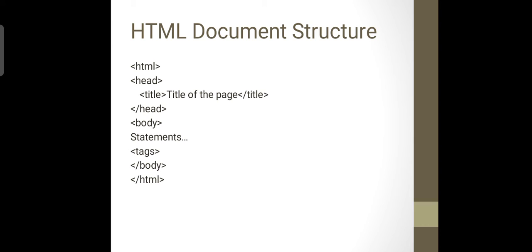So next, this is the basic structure of HTML. It means the HTML tags. An HTML page always starts with the HTML tag. Then next, opening the head section. In the head section, you can give the title tag, using the title tag, that is the name, the title of the page, then the end of the title tag.